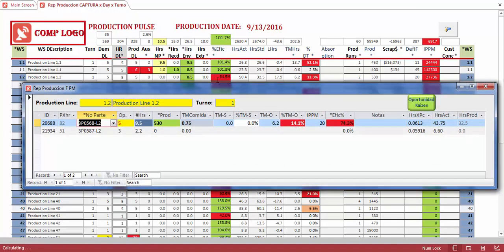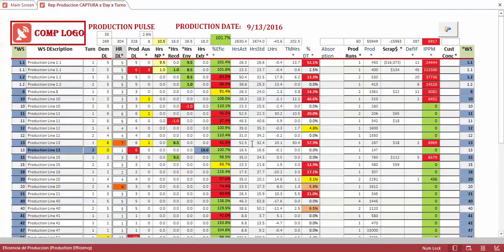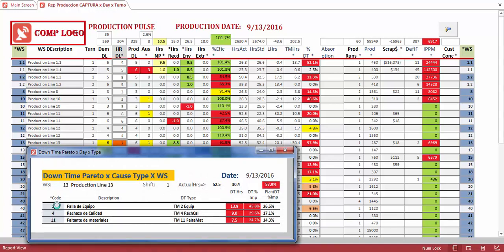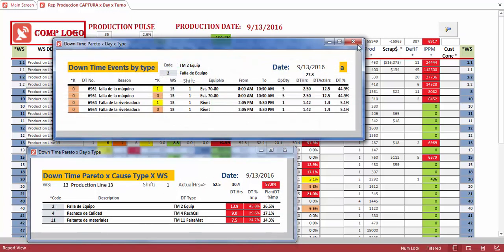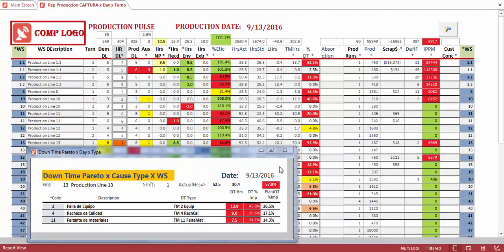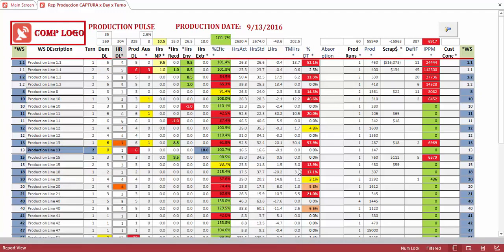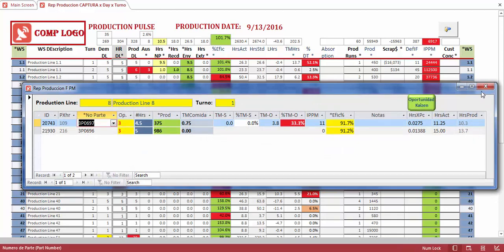Okay, I'm clicking on a different production area. Here, all kinds of process breakdowns with enough detail to start having a good understanding and prepare corrective actions. The impact of the downtime to a particular production area, the production details of the part numbers that were run and the efficiency results, including the details of downtime